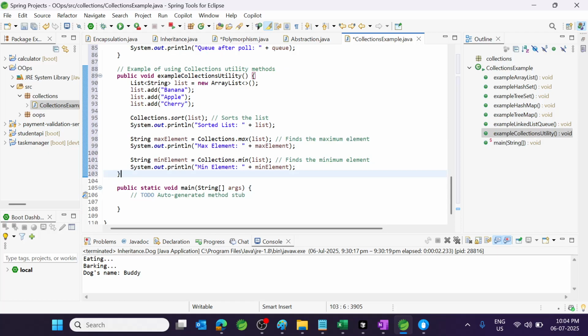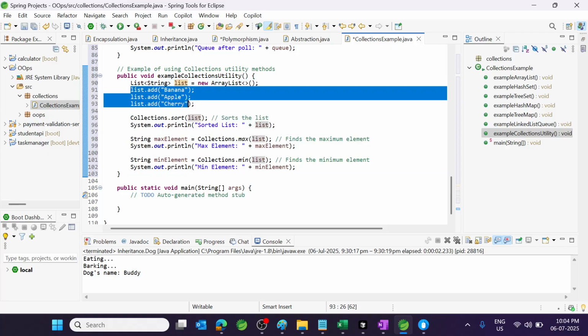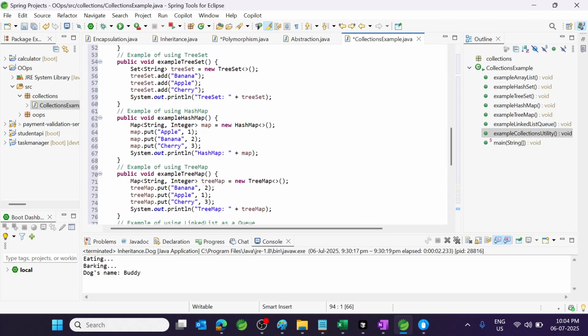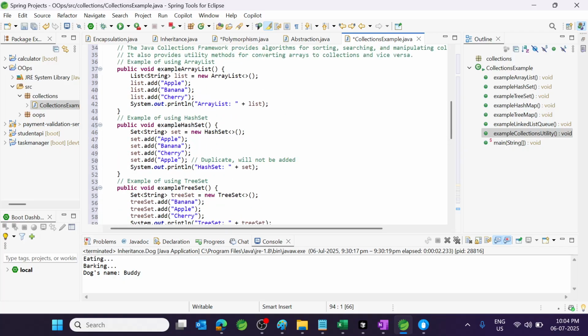You see, a List, we are using the ArrayList. We add another three values. We put the name as list.